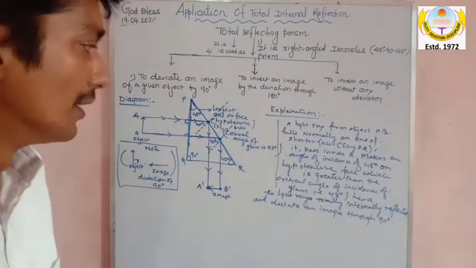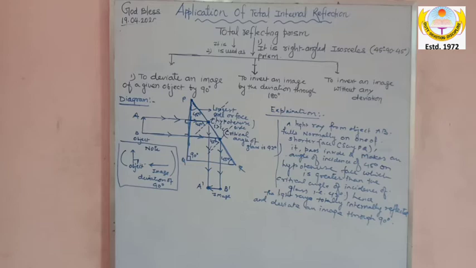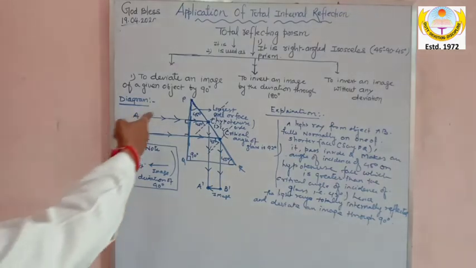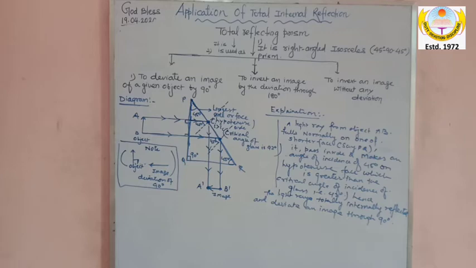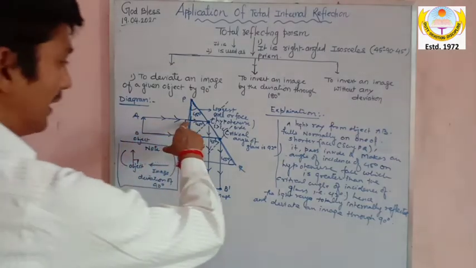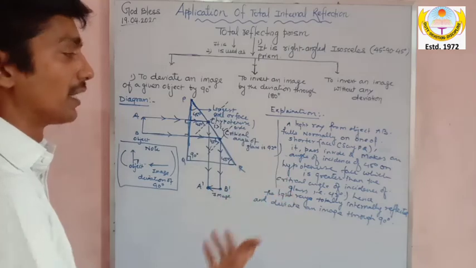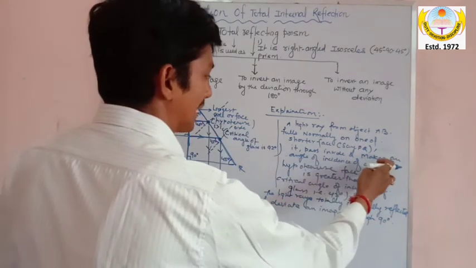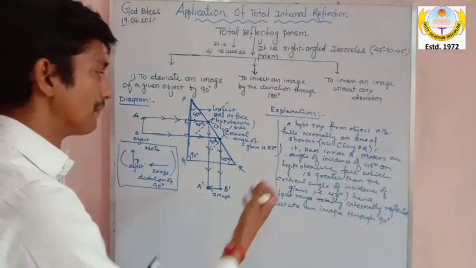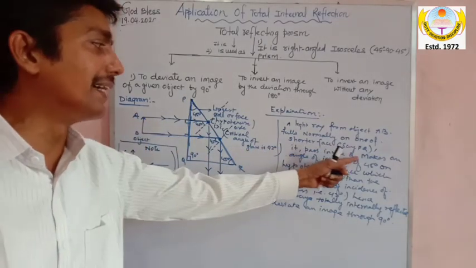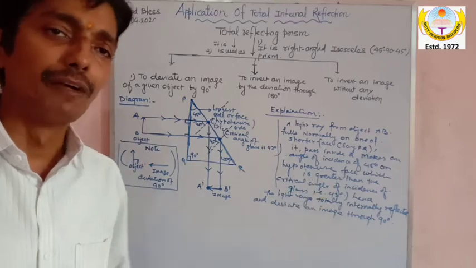internal reflection, my dear. So here is what I have written, that a light ray from the object AB, now you can see, a light ray from the object AB falls normally on one of the faces. You can see this is one of the faces, and that one of the faces I have taken is PQ and it is falling normally, clear cut. Am I clear? And after falling normally on one of the faces, my dear, it will be incident on the hypotenuse face. You can see it is incident on the hypotenuse face with the angle of incidence. I can say it passes inside and makes an angle of incidence of 45 degree on the hypotenuse face, or you can say it passes inside and is incident on the hypotenuse face with, right,